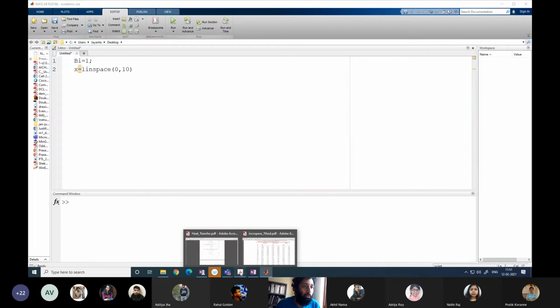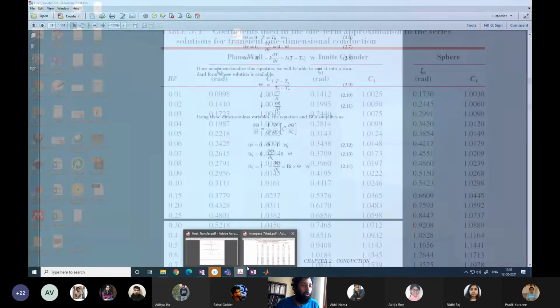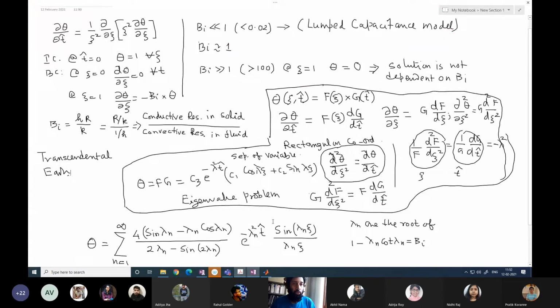So let us look at this equation. The equation is 1 minus... basically we are solving for lambda. So for a given Bio number, let us first plot this as a function of lambda. Okay. So we can have Bio number